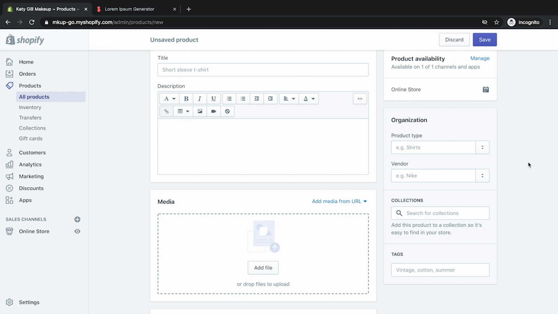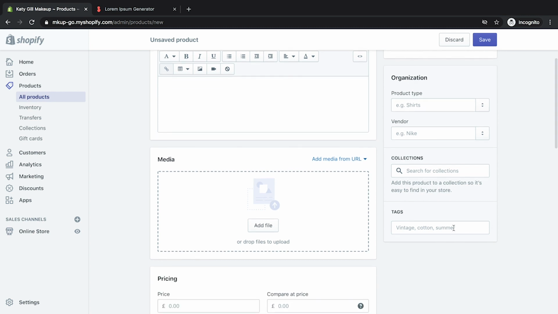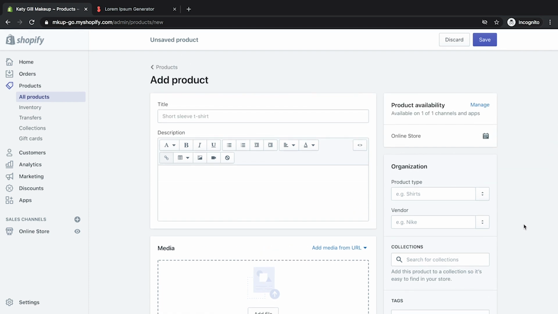In Katie's case, she's only starting with 4 products, so absolutely don't need to worry about that at the moment. And you can add tags here as well, which we weren't worried about. All of these things you can add in later. So if you are getting more and more products in over time, don't worry, you can come back to each of the products and update them as you see fit. So let's crack on and add in our first product.